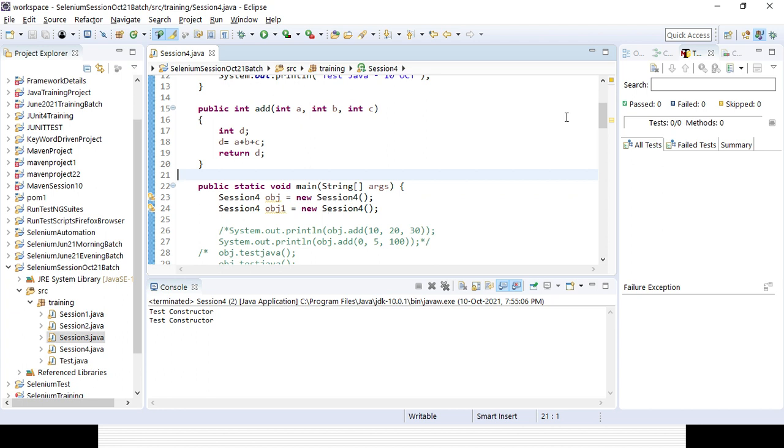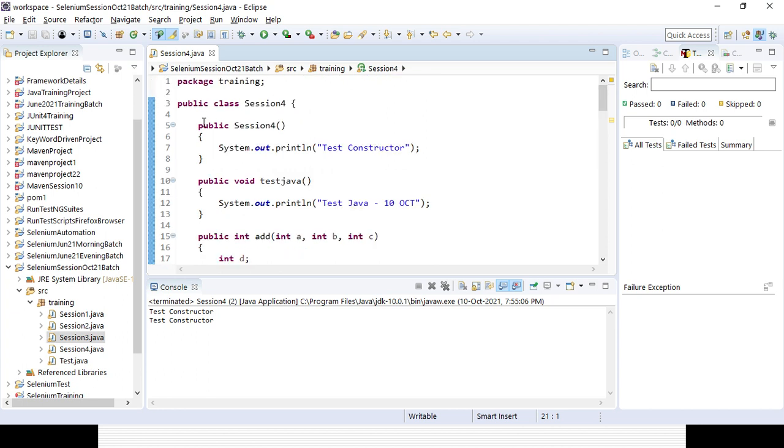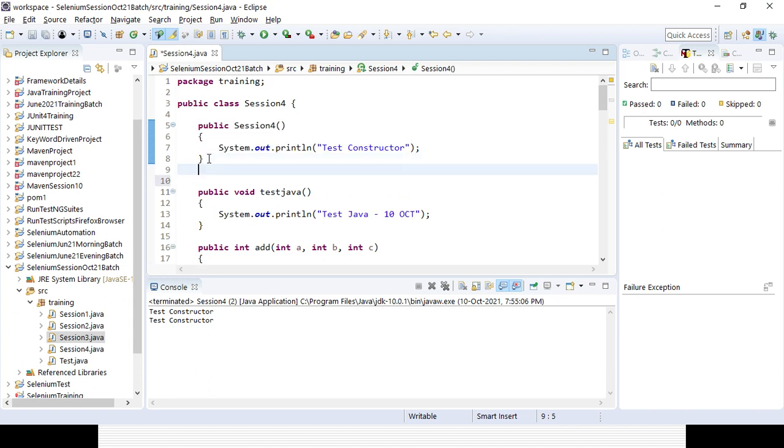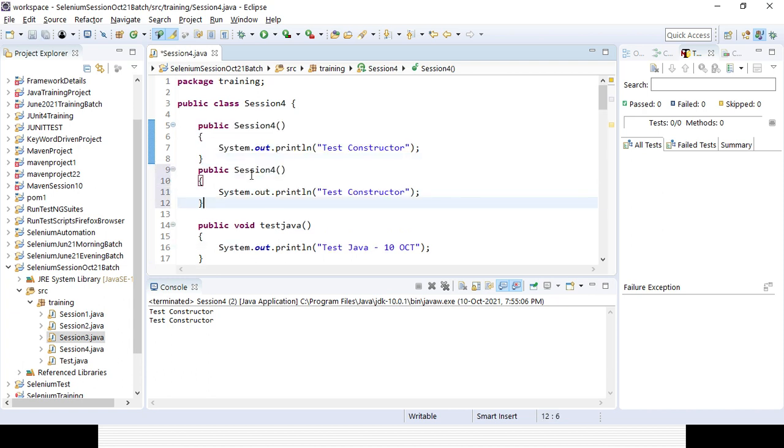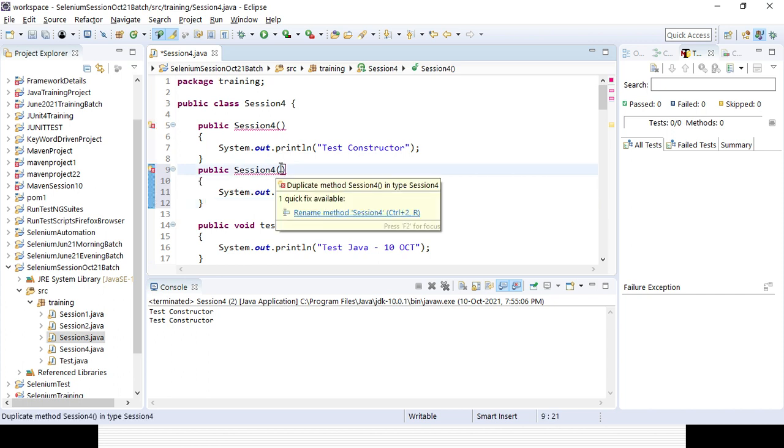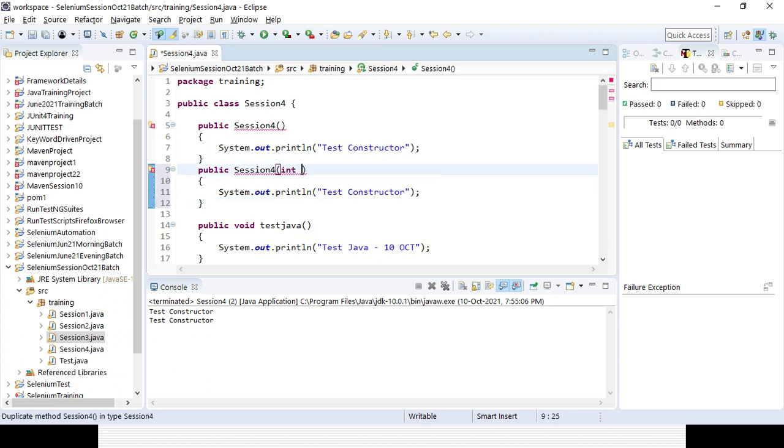A constructor can be overloaded, meaning you can create the same constructor multiple times, with something different. Here I can pass one parameter, say an integer a. It will print test constructor and then concatenate with a.